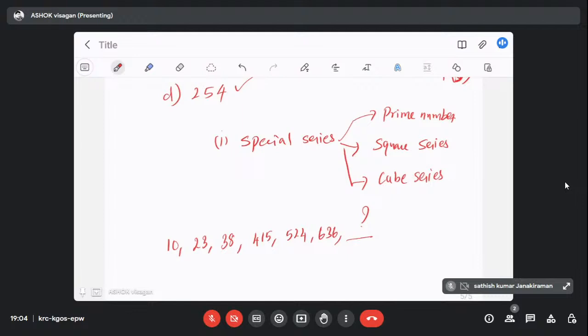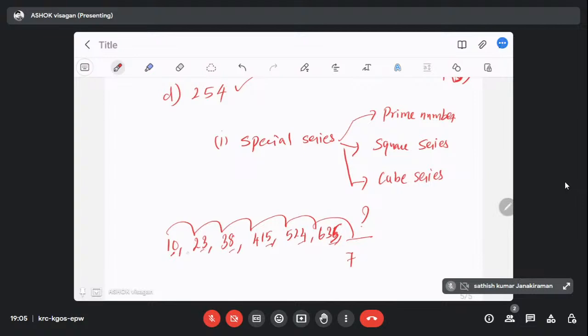So here the answer is nothing but 1, 2, 3, 4, 5, 6. So obviously the next number is 7. So I should have been given here 35. So if you look at this, 0, 3, 8, 15, 24, 35, these numbers are nothing but 1 minus